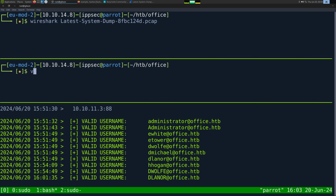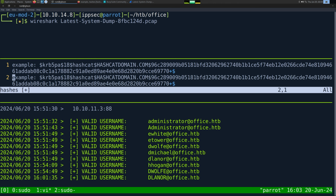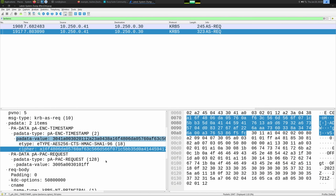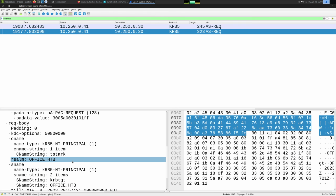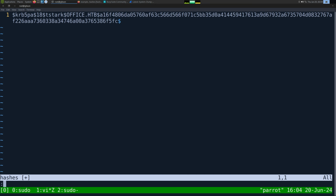So let's go and grab this. I'm just gonna call it hashes, and this is gonna be example. And we want to paste this. So, whoops. And by paste, I just meant create our own. So we leave 18. So this one is going to be the username. So that was what? T-Shark. Let's go back to Wireshark. Where is CNAME? T-Stark, not Shark. Probably Tony Stark because the whole Joomla was Avengers themed. And then we have hashcatdomain.com. Let's call this office.htb. That's just the domain name. And then this piece is going to be the actual hash or the encrypted timestamp. So let's go and grab the encrypted timestamp. There we go. Copy, value, and paste. So this should be the hash